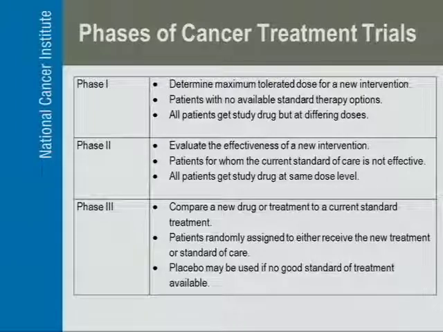Do we give it once a day, twice a day, once a week, or once every 3 weeks? Phase 2 clinical trials build upon that knowledge and add to it, looking at the activity for the particular disease or indication that you want to study. And then phase 3 clinical trials really become the gold standard. They're usually the randomized controlled clinical trials comparing a potentially new gold standard of care with the current existing standard